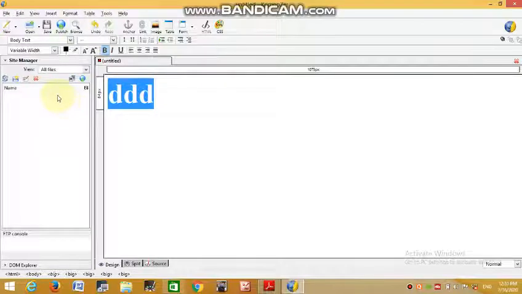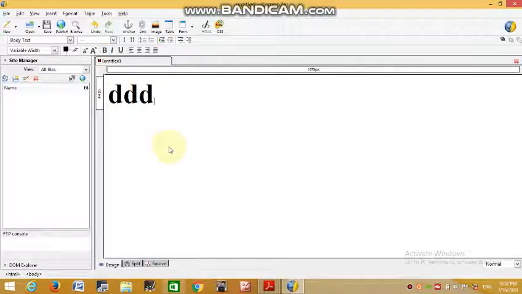Site manager is used for opening files. The shortcut key to close the site manager is F9. One time you press F9, you can close the site manager.